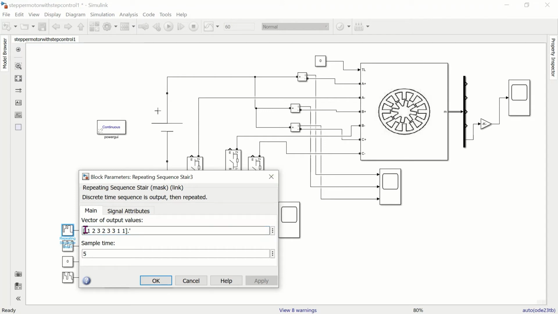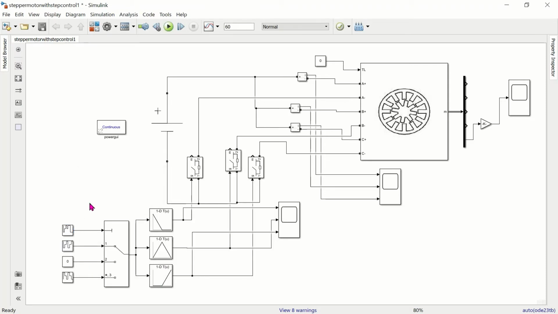So 1, 2, 3: forward, halt, reverse, again halt, then 3 means reverse, again forward. Here the sample time is 5 seconds, which means a 5 second duration. The motor runs in the forward direction, then 5 seconds it is in off state, and then reverse direction. In that order it will run.